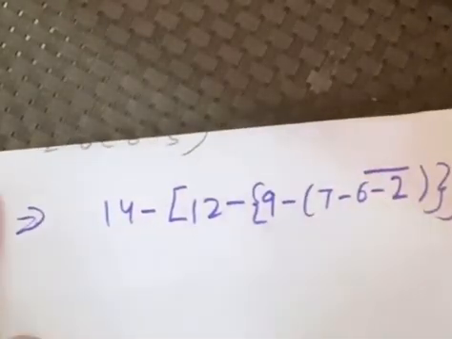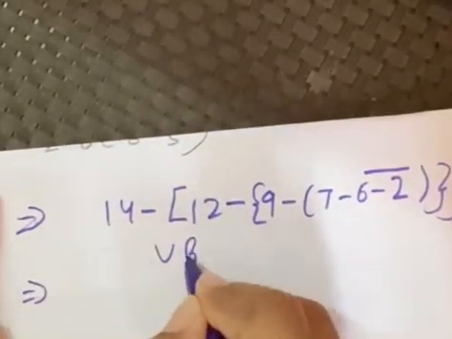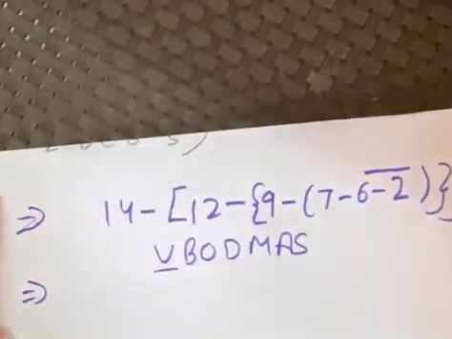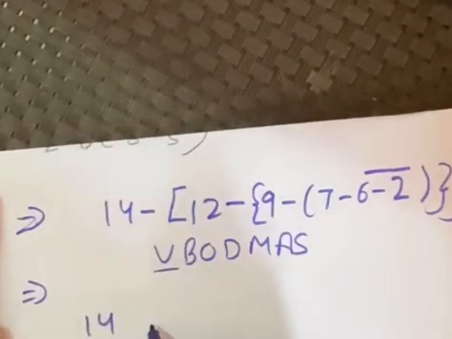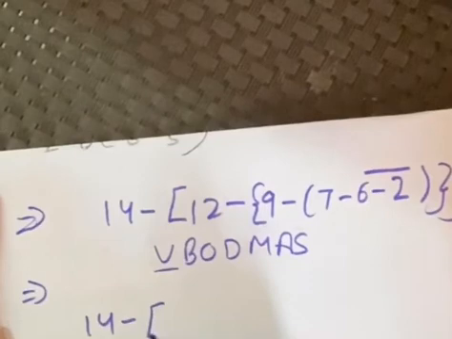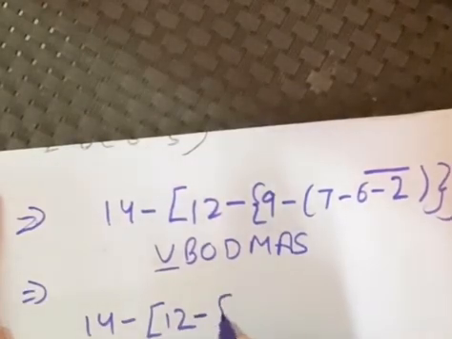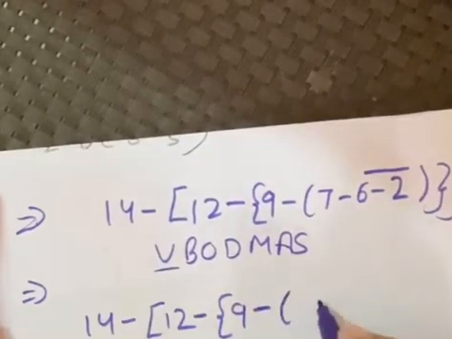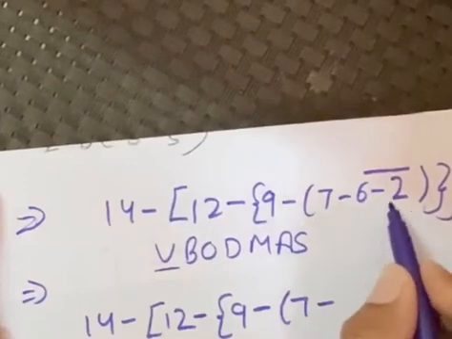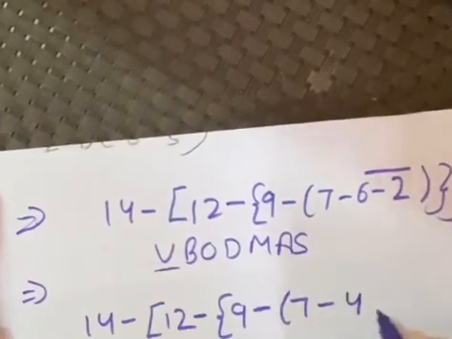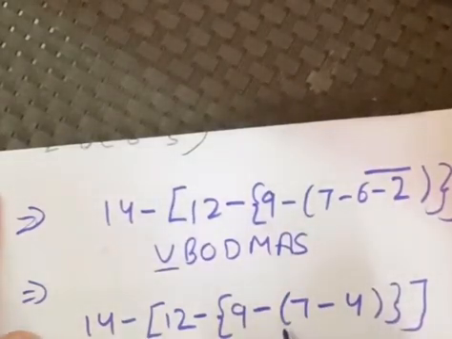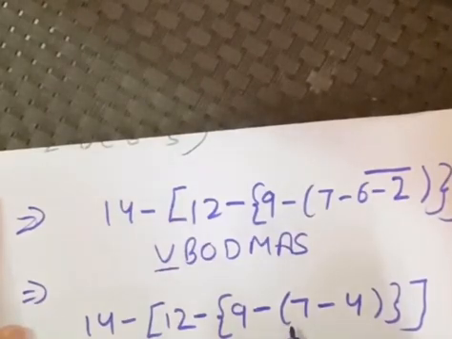So according to the rule, first of all we are going to solve the bar. So on solving the bar, what we will get? Whatever the operation is given over there, we are going to perform that arithmetic operation. That is 6 minus 2 is equal to 4. Brackets closed. So now first of all we are going to solve this round bracket,